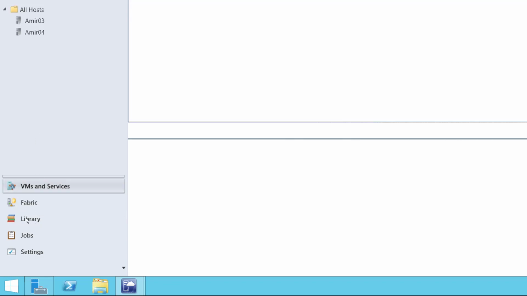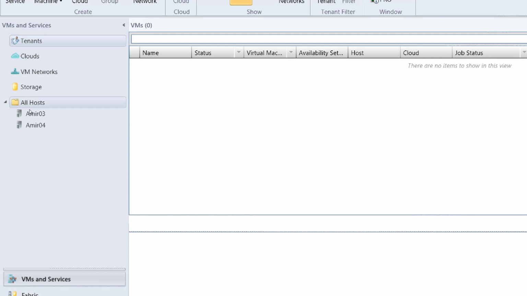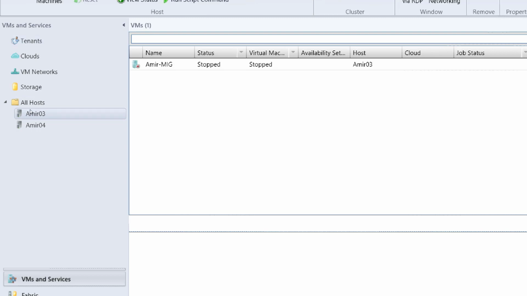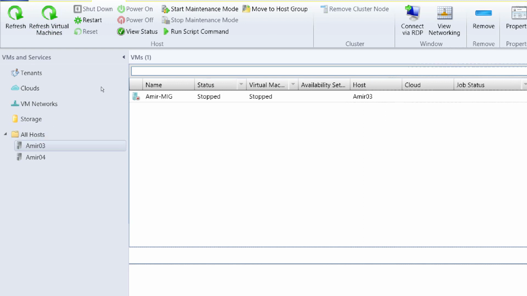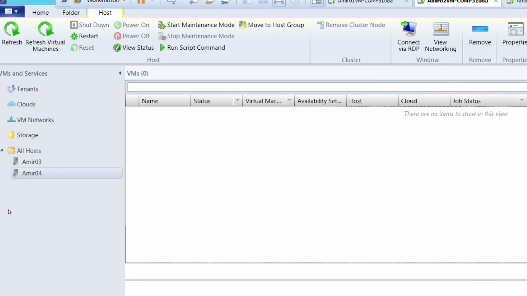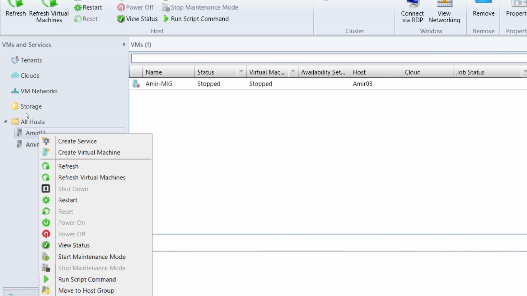Okay, so let's go down to VMs and Services. Once we go back to VMs and Services and look up, under All Hosts we can see the 2 hypervisors there. Let's click the 03 here. As soon as you click hypervisor 3, whatever machines you had, are they showing on the right side? If you click hypervisor 4, I don't see any, but you might if you have a machine. So ultimately this console shows virtual machines for us. If we right-click on the 03 console like this,